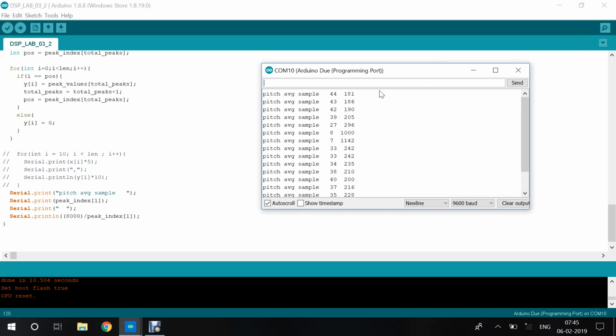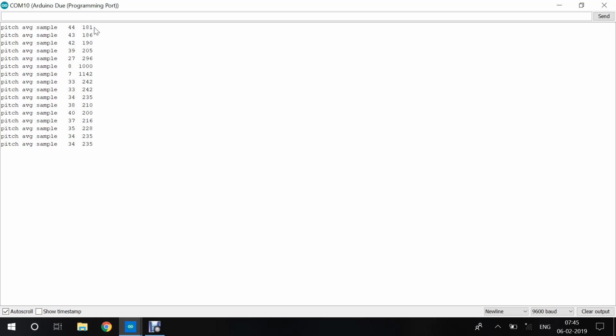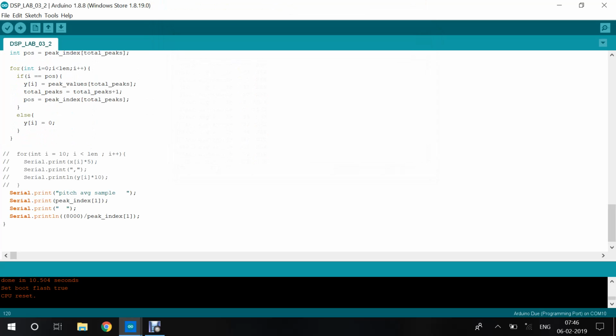So the output comes out to be around 181, 186, 190, 205. Here the signal is not sampled properly, but you can actually see the output almost lies in the range of 180 to 235. So from this we can conclude this is the pitch frequency of